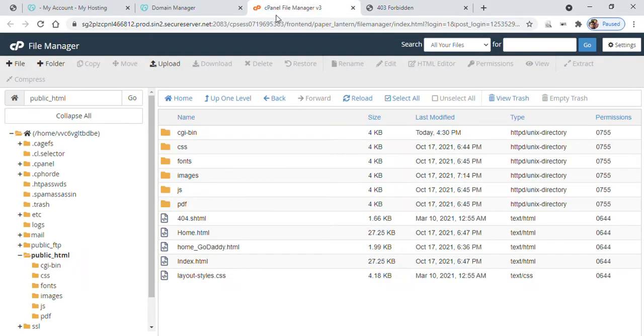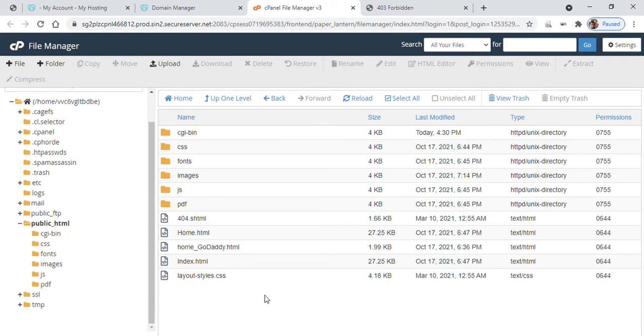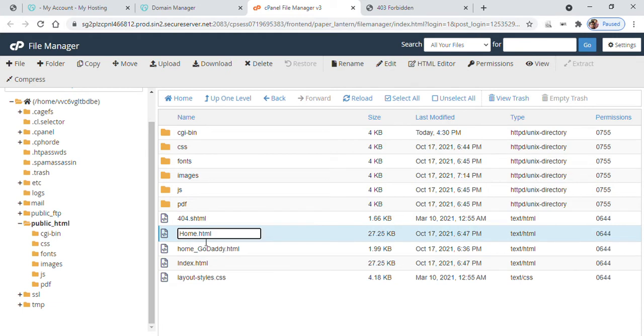So if you go to cPanel, to the place where you upload your website, you see the file name, which is the landing page, right? This time I have the landing page names home.html and index.html, right?